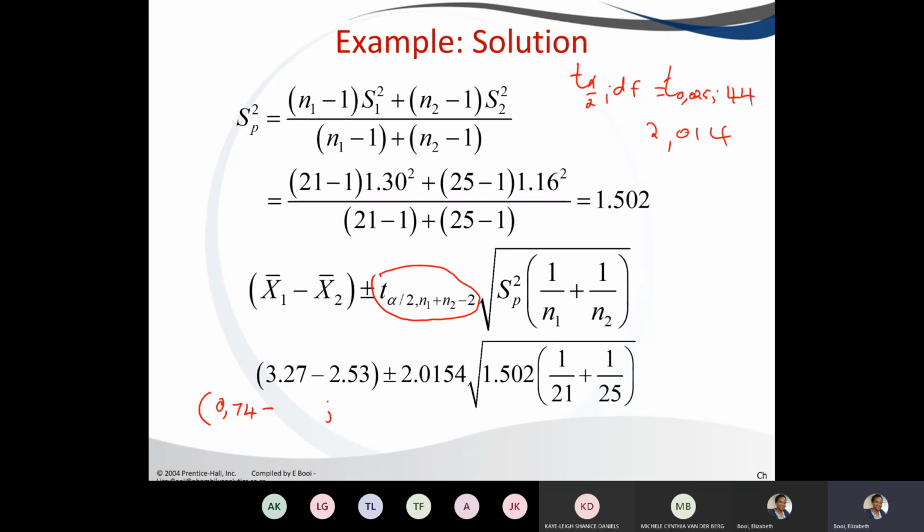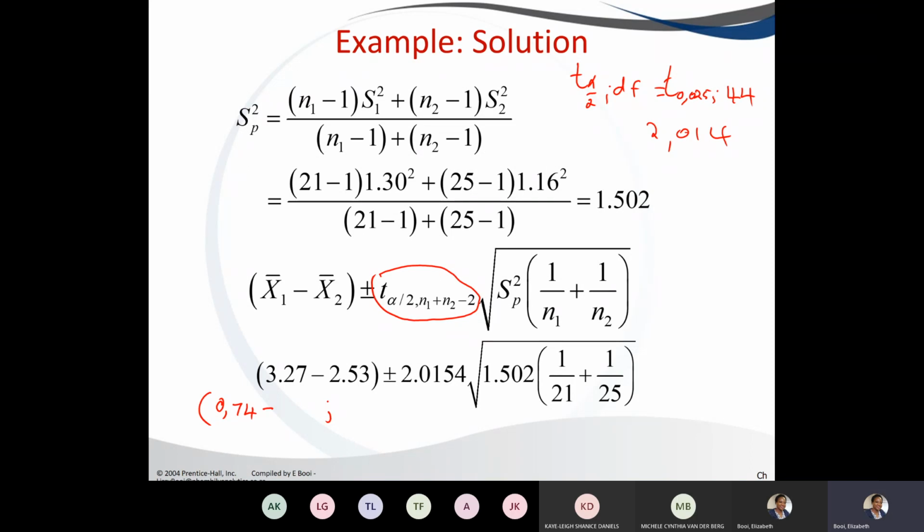Let's start with the 1.502 into bracket 1 divided by 21 close bracket plus open bracket 1 divided by 25 close bracket equals, find the square root of the answer,